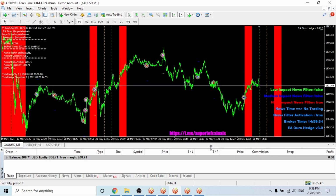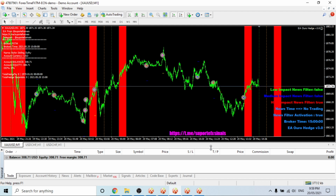I've got $308 in the account now. What is left of the 1,000, and let's see what happens with just a changing of the settings there. So we made the distance a little bit bigger, and we changed the multiplier and made it 1.21 instead of 1.5. So even probably 1.11 would be better, but I'm going to leave it at 1.21. It seems to be a pretty good middle of the range. I think 1.5 is too aggressive. Depending on, like for gold anyway, that depends on the currency pair that you're trading. But anyway,